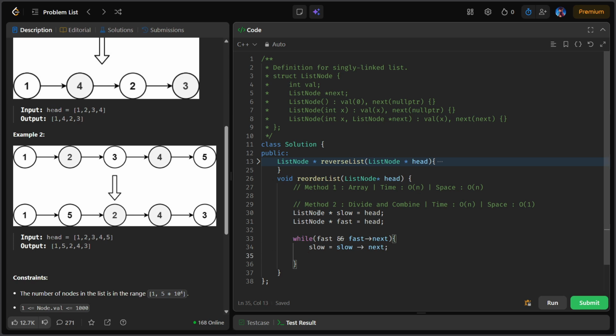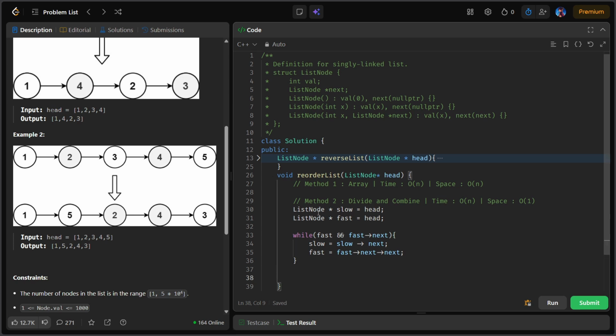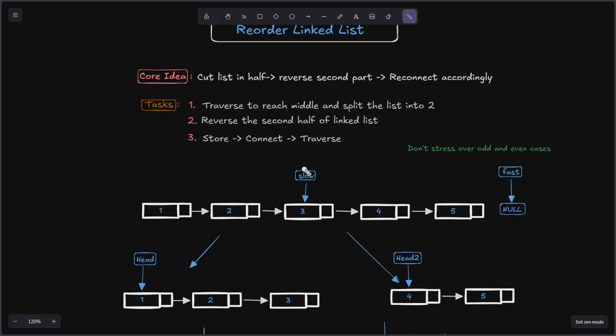Okay, and fast is equal to fast next next. Okay. So we have written a slow and fast pointer. Once fast reaches the end of the list, slow reaches the middle of the list. Okay. Now since we have slow at the middle of the list, you can see here,